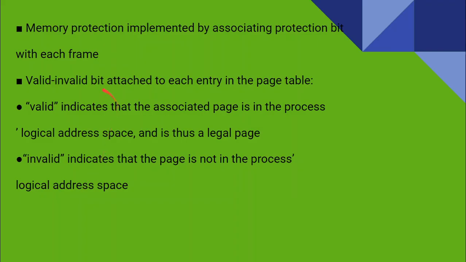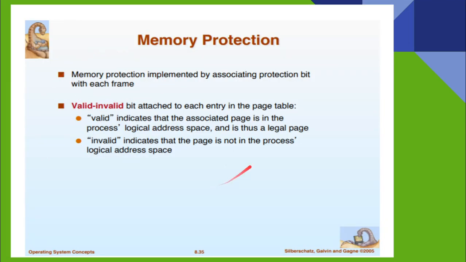This is how the paging hardware associates with the TLB in order to make the memory access faster. Now we have a memory protection scheme. Memory protection means that data cannot be stored beyond its memory area. Only the necessary data can be stored, and that is indicated by a valid or invalid bit. Valid means the associated page is in the process, that is, the process is in the main memory and it is needed at the time. That is the legal page, and it is indicated by the bit V, the valid bit. If it is invalid, it is indicated by the value I. Now we can see the page table given over here.